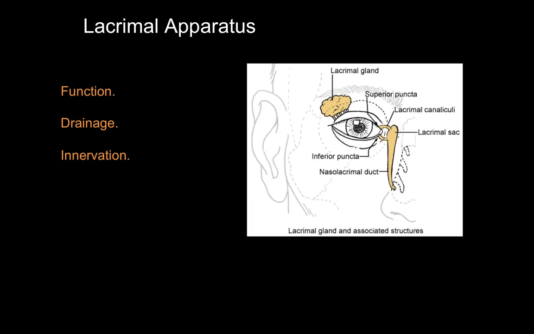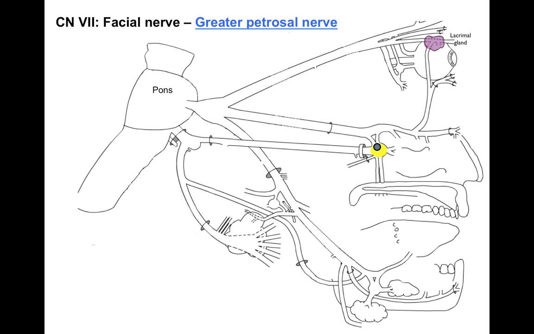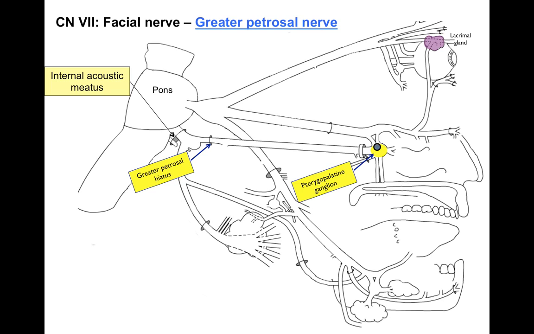It drains down that lacrimal duct through that nasal lacrimal duct into the nasal cavity, and that lacrimal gland is innervated by the facial nerve. The greater petrosal branch is what's going to cause you to cry. So how do we show that innervation? Well, there's our internal acoustic meatus and the greater petrosal hiatus where the facial nerve courses, and there's something called